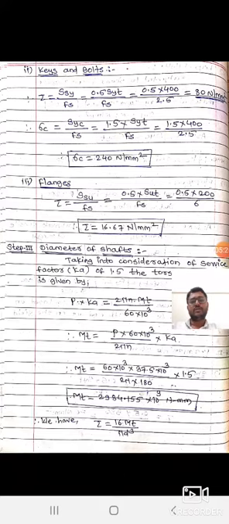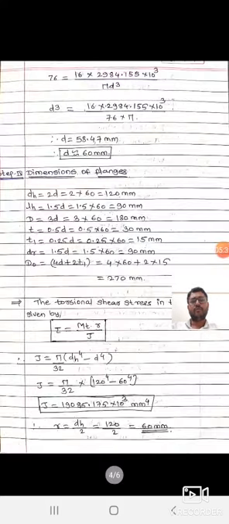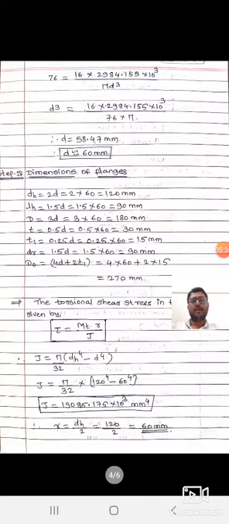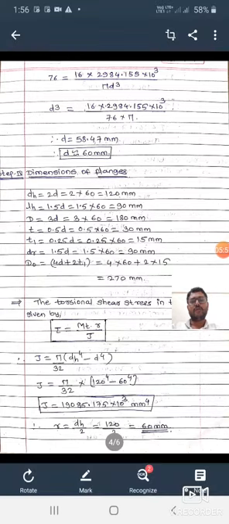Also we have shear stress for the shaft, that is equal to 16 Mt upon pi d cube. So just put the values of shear stress, Mt and pi, then find the diameter of shaft d from the given equation. By calculating the given equation, the answer for diameter of shaft d is 58.47 mm, which means the approximate value of diameter of shaft here is 60 mm.